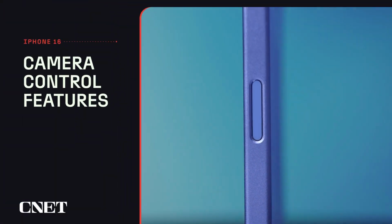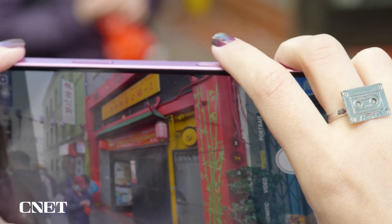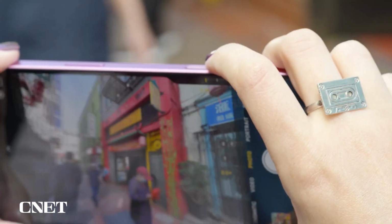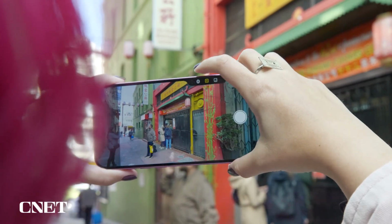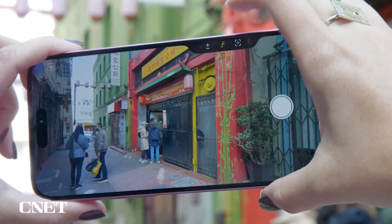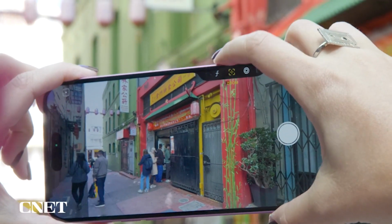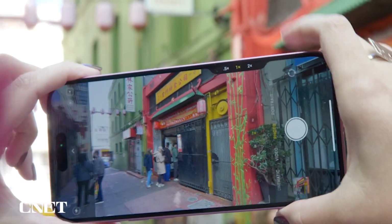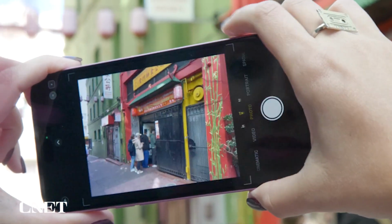Now for that new camera control button. Pressing it launches the camera, and from there, you can access certain settings and shooting modes in an overlay that appears on screen. So I can swipe between all these different settings. So you have styles, you have the different cameras you can switch between, zoom, depth, exposure, things like that. So if I want to get out of this, I can just tap to go back to whatever the last setting was that I was using, and then I can press down to zoom in a little bit